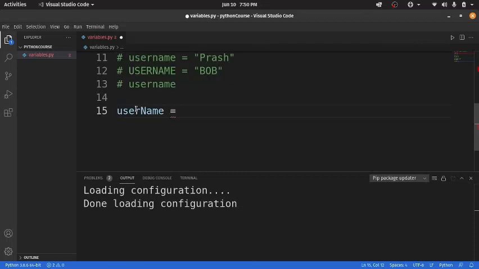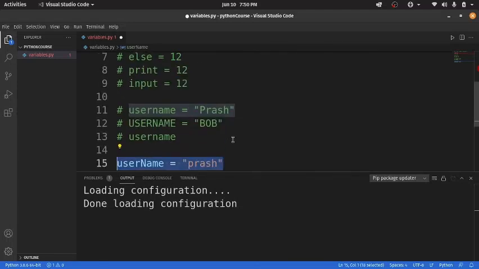This is called camel case notation. For the other one, we use an underscore, like user underscore name. These are conventions, not technically part of Python. We'll be using both of them, and most of the time camel case, throughout this course.